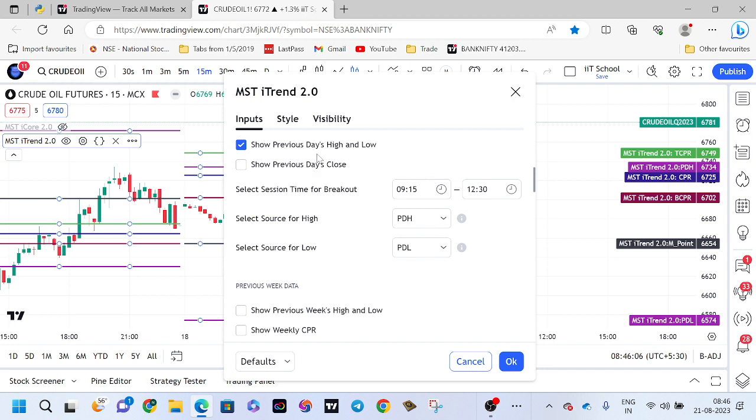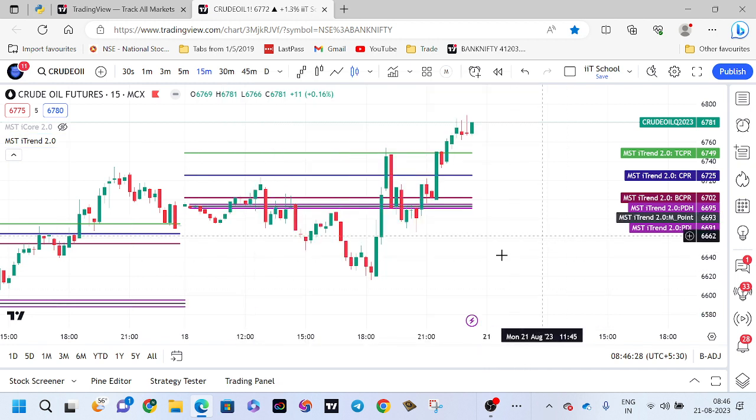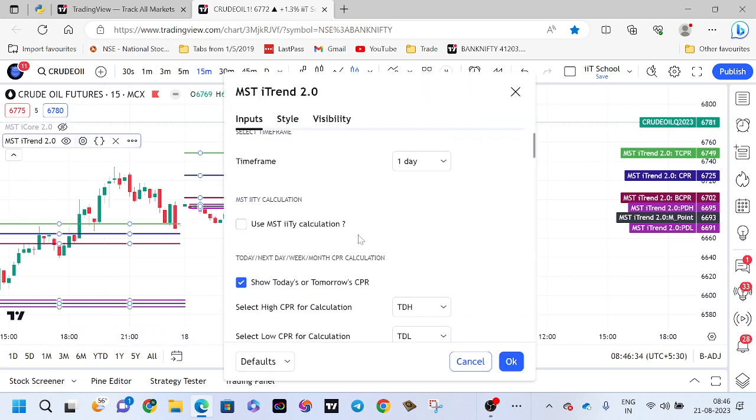If you want to find a particular session's high and low, say 9:15 to 9:20, or suppose 9:15 to 9:30, you can do that. After selecting the session timing, come here and select session high and session low. Automatically your high and low will be marked here, and the midpoint also will be marked here. After that, what the other option we have given,